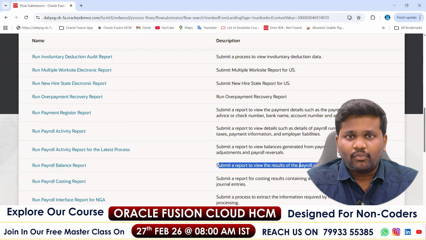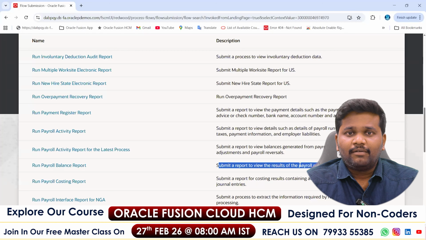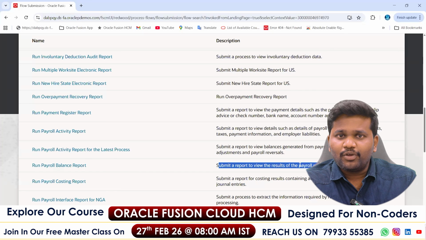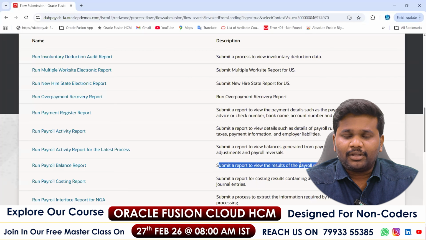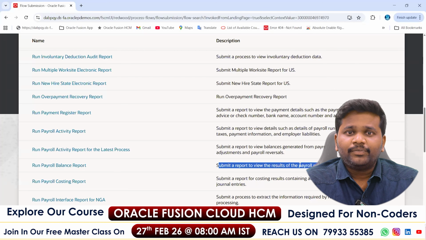It's not about one employee or two employees. We have the parameters whenever you run the report. Based upon that, which payroll for which period, everything you can fetch for all the employees in the